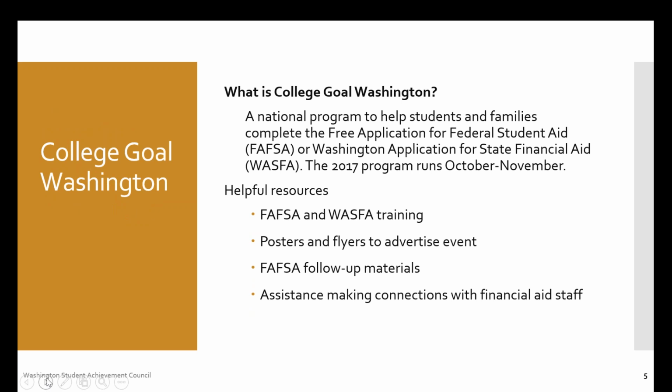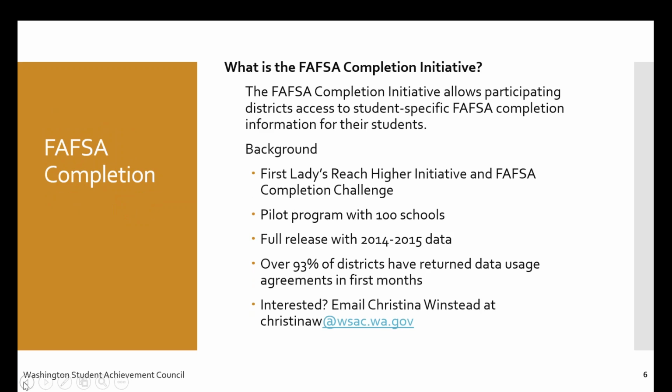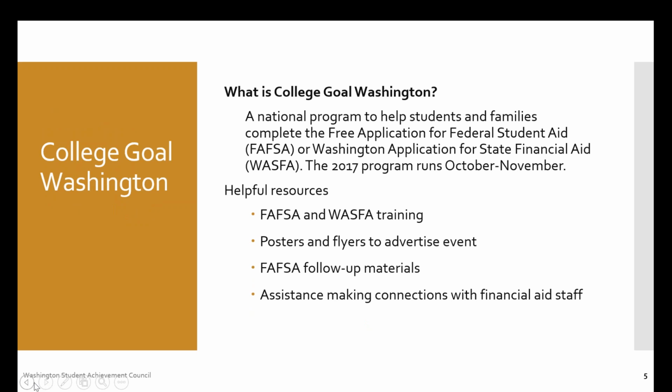And then the third component, sorry, I'm going to go back one. The third component after that, of course, we're going to talk about College Goal Washington in the next webinar, which is in about an hour and a half, 2 hours. But that campaign will also include the WASFA, so it's all financial applications for Washington State. We're really fortunate that in our state we have an application for undocumented students to complete in order to be able to get potential financial aid funds.